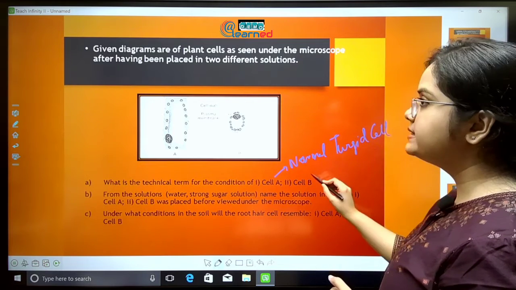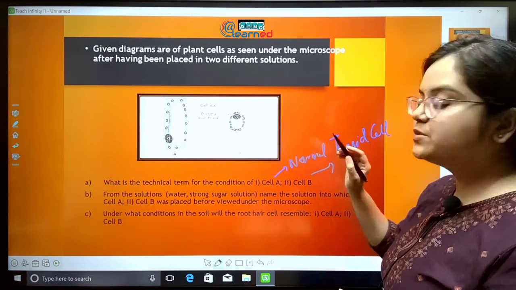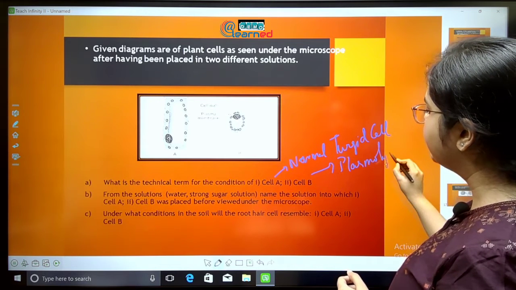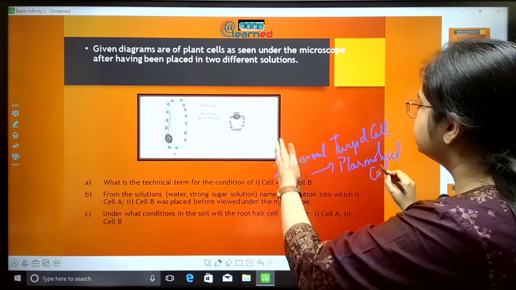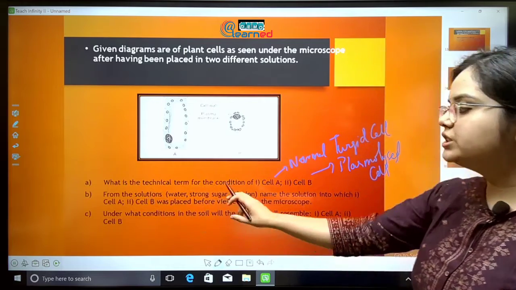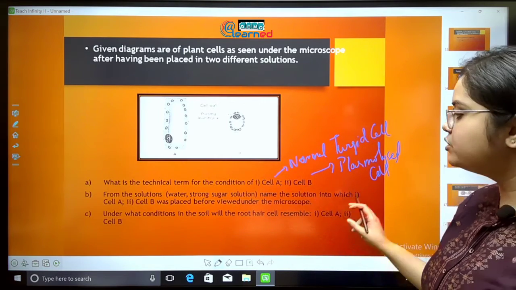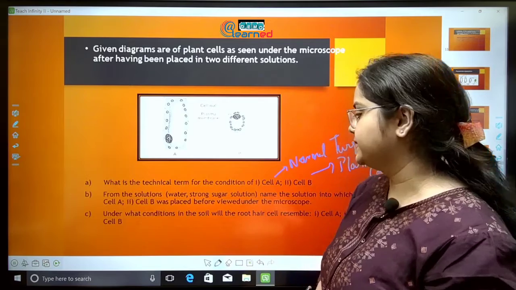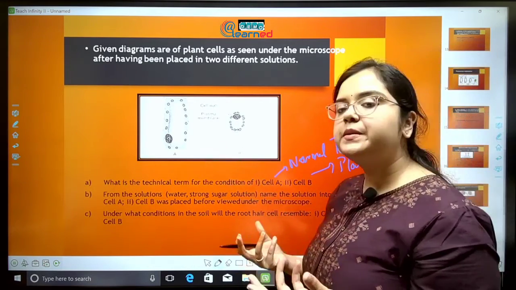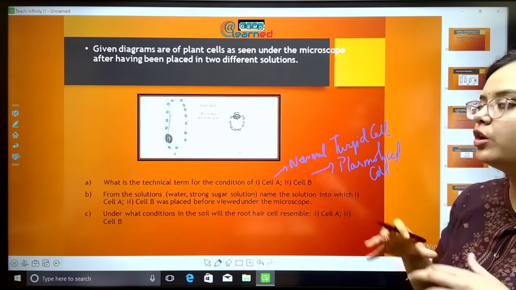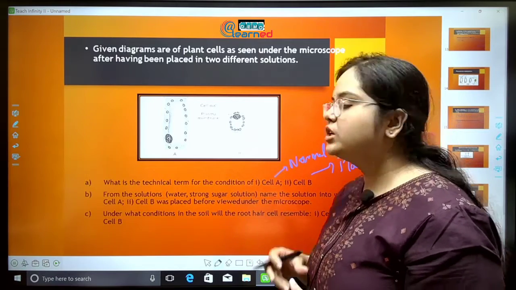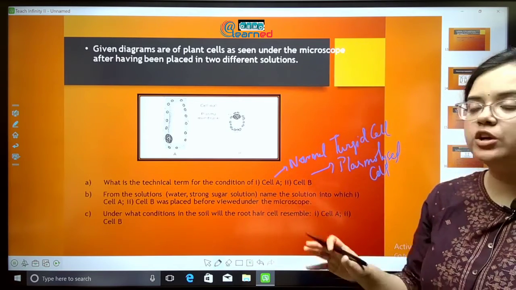And the next one, cell B, is a plasmolyzed cell, where you can see the cellular contents have constricted into the middle. From the solution, water or strong sugar solution, name the solution into which cell A was placed before viewing under the microscope. Cell A would obviously be placed in water so that it took up the water, and that's why it is turgid. And cell B, it was placed in strong sugar solution because it lost the water and became